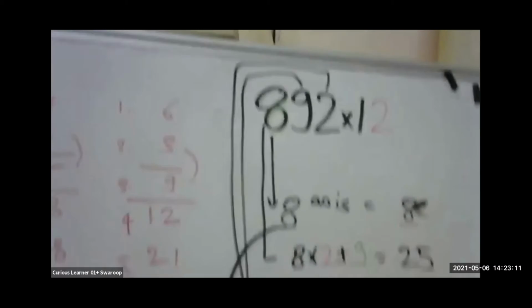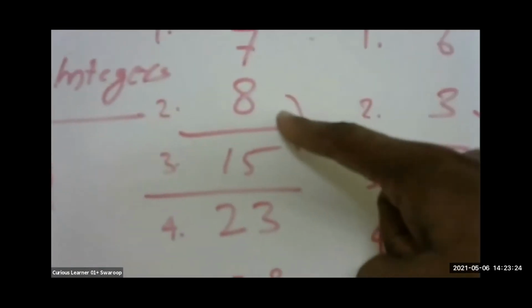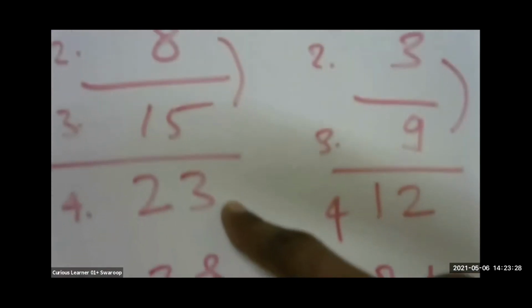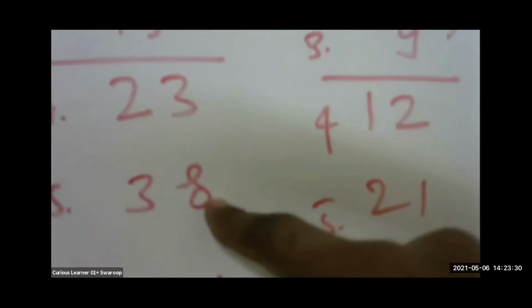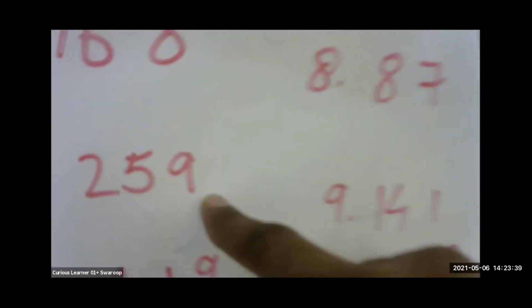Okay, see, here we made this series for you. We started with 7. So the generalized Fibonacci series: 7 we took, then we took 8. 7 and 8 is 15. 15 plus 8 is 23. 23 plus 15 is 38. 38 plus 23 is 61. 61 plus 38 is 99. 99 plus 61 is 160. 160 plus 99 is 259, then 419.